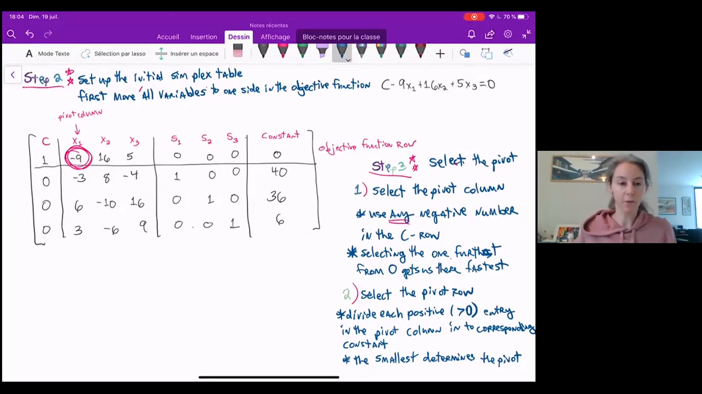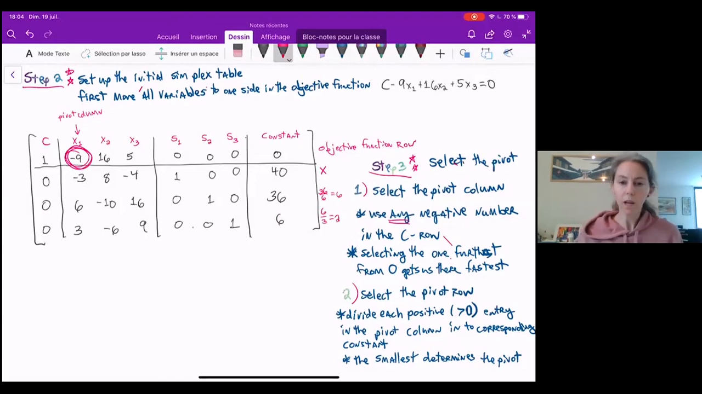Now, to pick the pivot row, we're going to do something a little weird. I'm going to take those constants and divide each constant by the value from the pivot column. So I'm taking each positive, non-zero entry and dividing it into the constant. When I look at this, that -3 is negative, so it doesn't matter to me. Negative numbers, I just put a little x, they're not important. 36, I will divide by 6 to get a 6, and 6, I will divide by 3 to get a